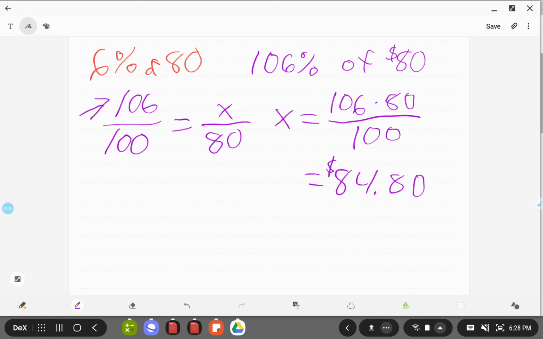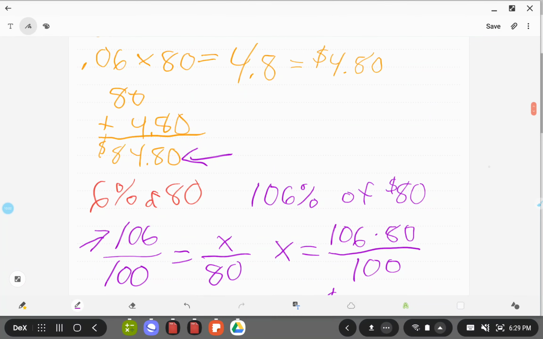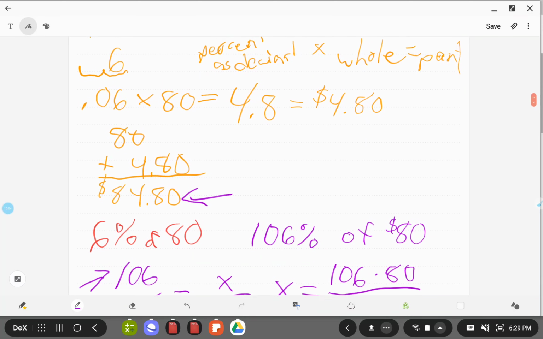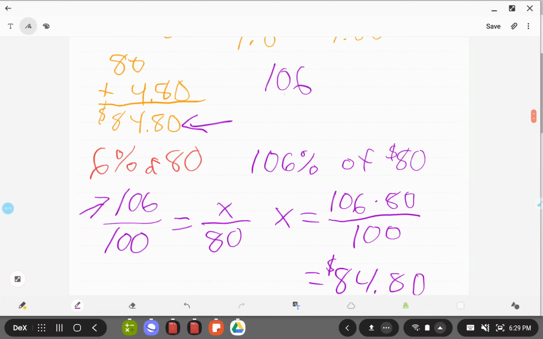was use 106% instead of 6%. And it's real easy to add 100 to 6% because I'm just putting 100 plus 6 is 106. Adding things to 100 is pretty straightforward usually, which is why this is a lot of times the quicker way to do it. Because it was a lot easier for me to do the addition of 100 plus 6. Sorry, guys. It's easier for me to do 100 plus 6 than for me to do some other number plus